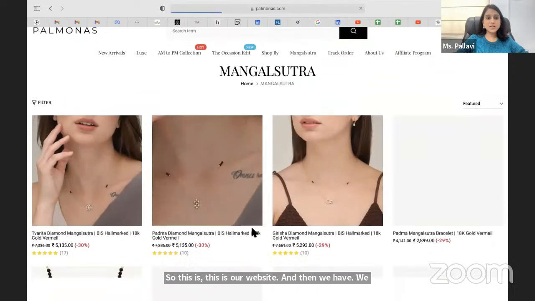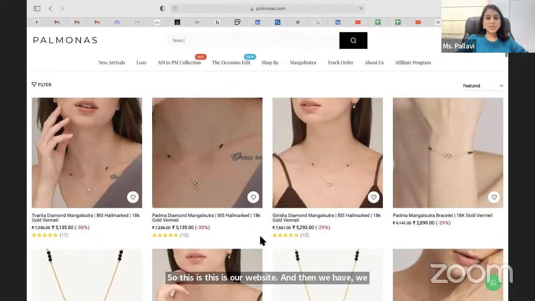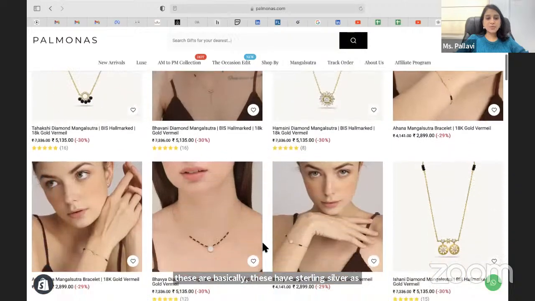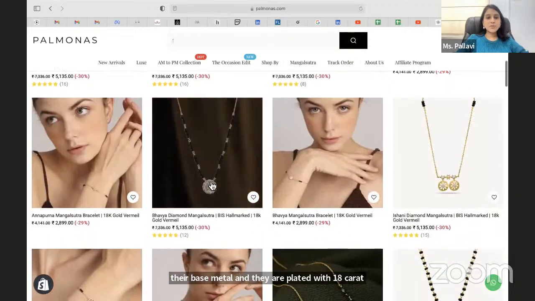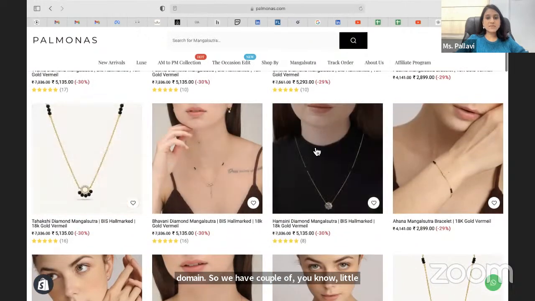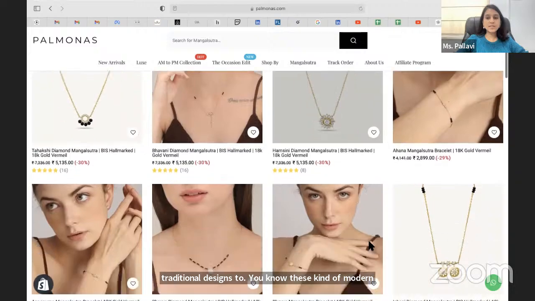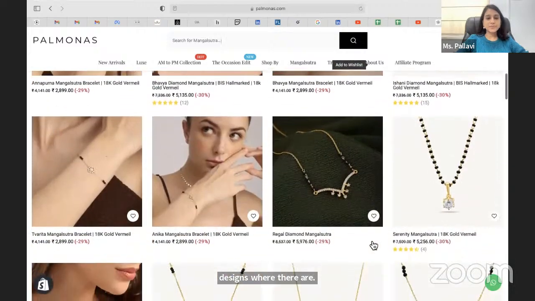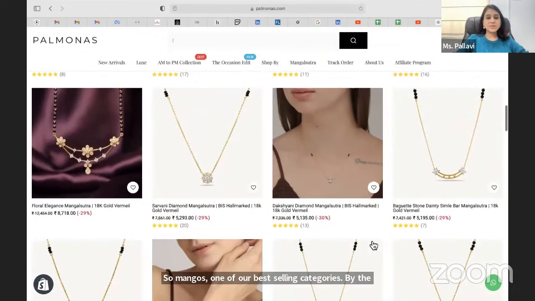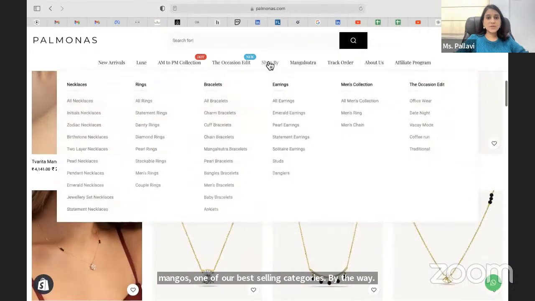So we have Mangal Sutras. We have all of these very modern sort of Mangal Sutras. These have sterling silver as their base metal, and they are plated with 18 karat gold vermeil. We have a couple of little traditional designs along with these modern designs where there are just a few black beads available. So Mangalsutra is one of our best-selling categories, by the way. So these are the Mangalsutras. Then we also have